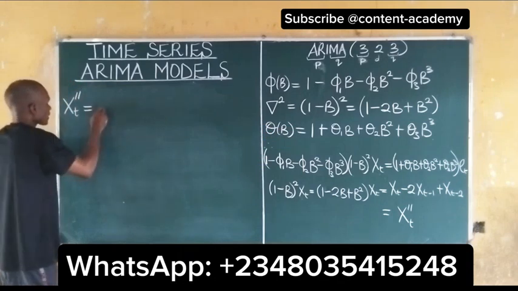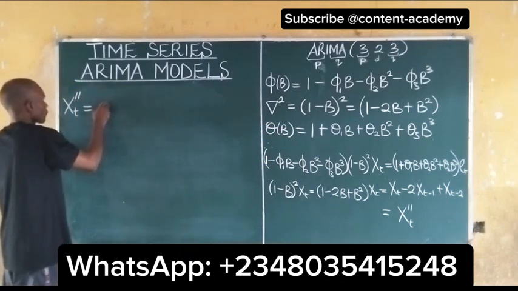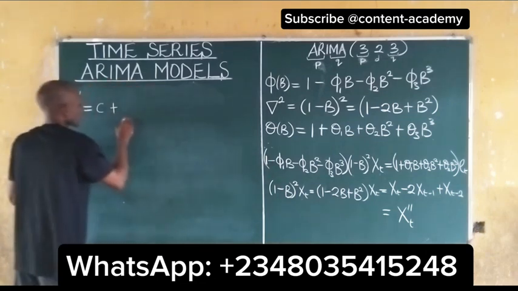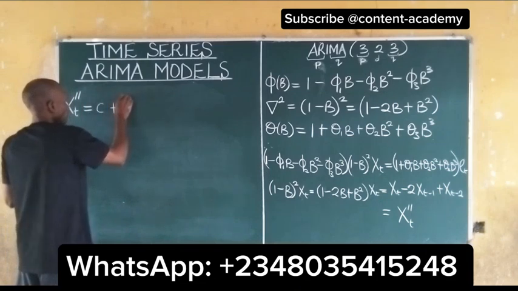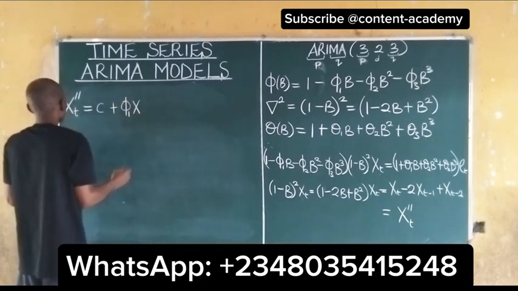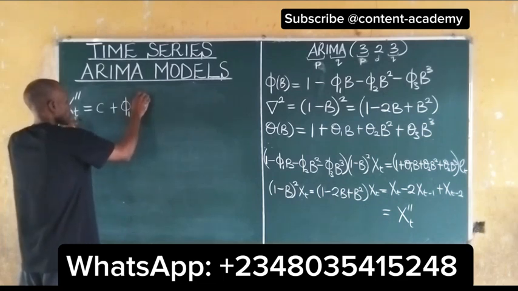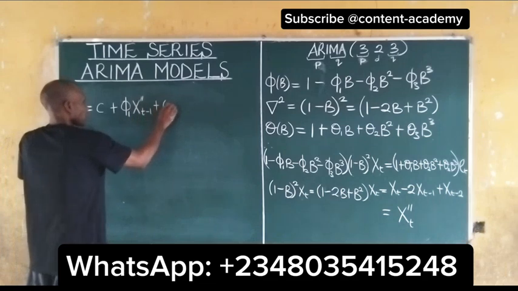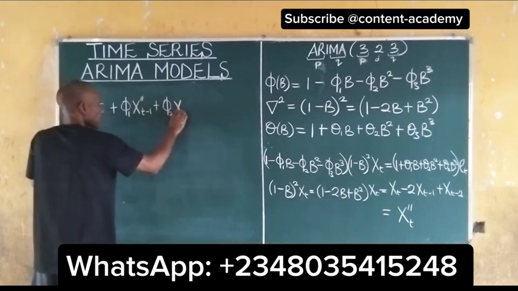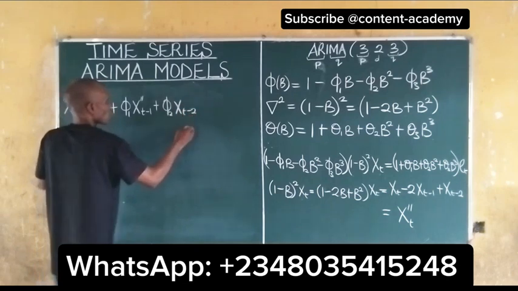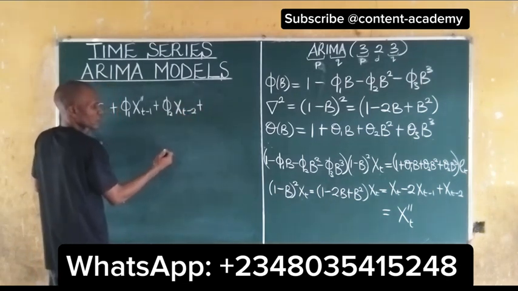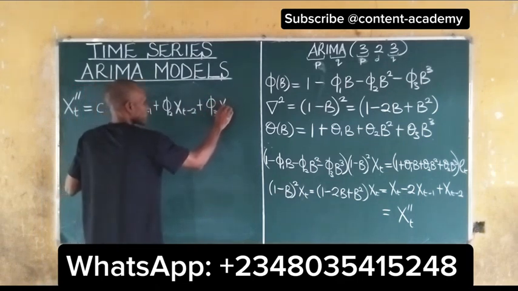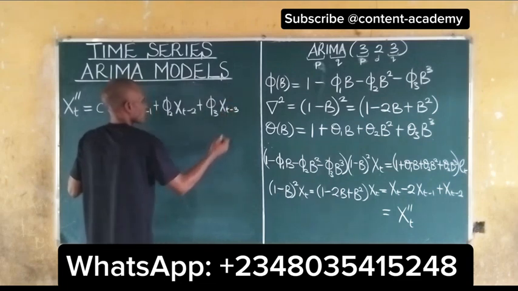So we can write it as C, which is our constant here, plus phi 1 Xt minus 1 plus phi 2 Xt minus 2 plus phi 3 Xt minus 3